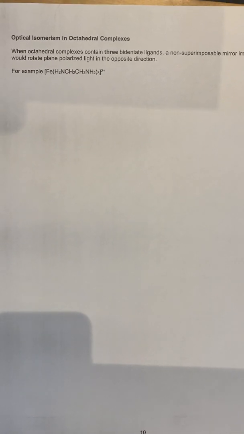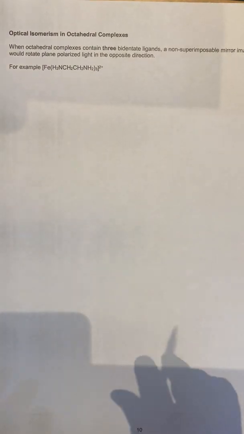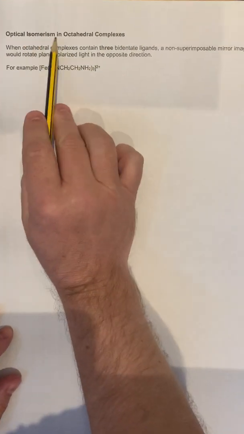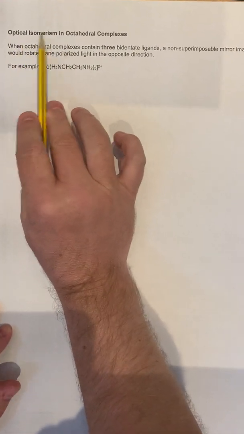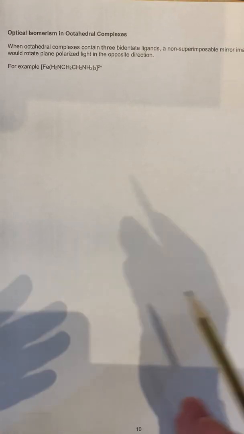I just want to do another video now based upon page 10 and optical isomerism. So in the previous video for page 9, we covered geometric isomerism, which is a type of stereoisomerism. The next one that we need to cover is optical isomerism. Now, optical isomerism, and I'll get more into what this is in a moment, but I just want to explain the